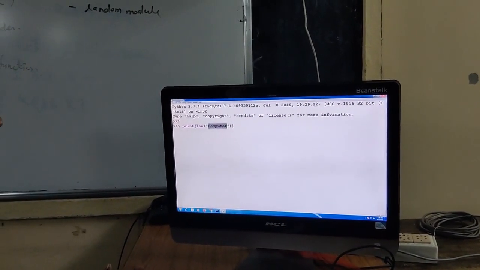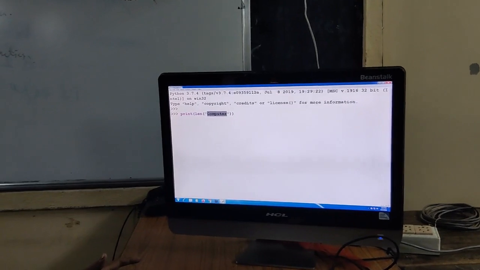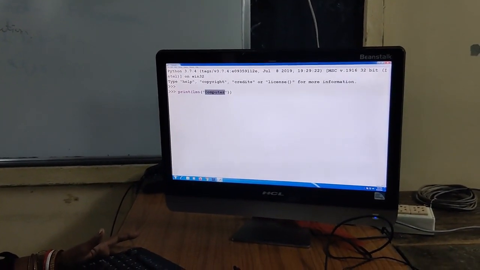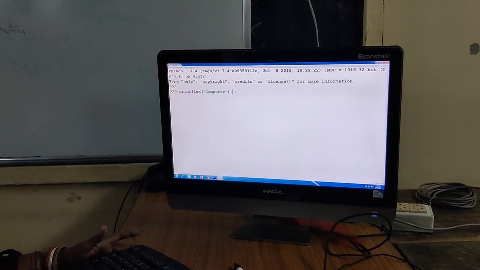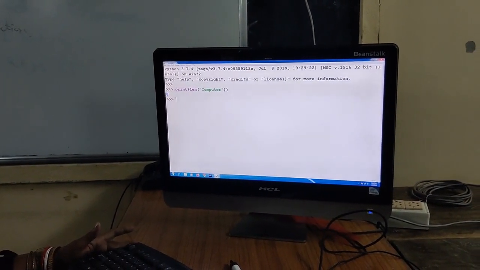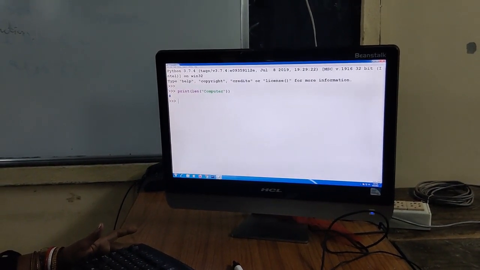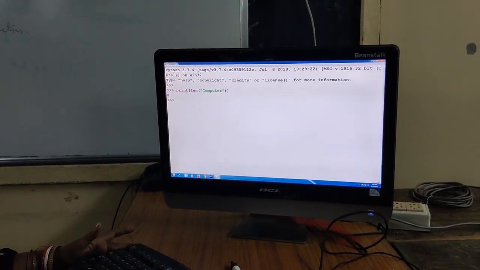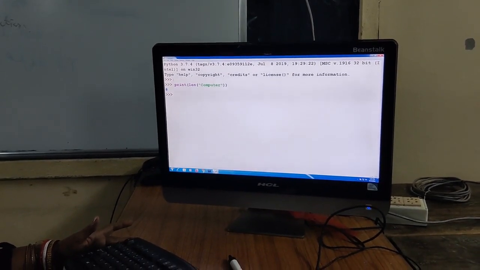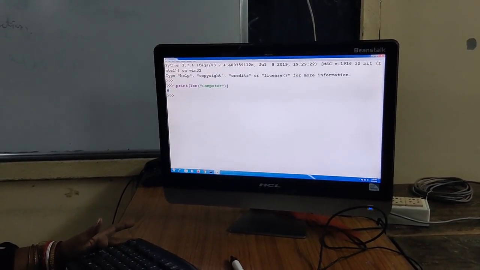So here computer is one string and the total number of characters is 8. So when you use this len function, your output will be 8. But the most important part is that when we use this len function, I have not imported any module.